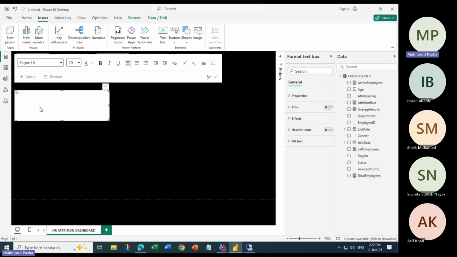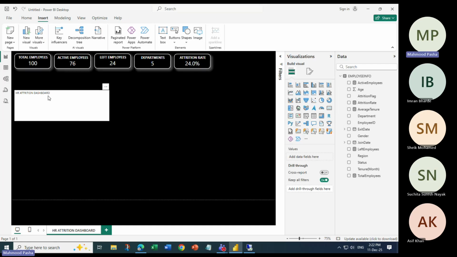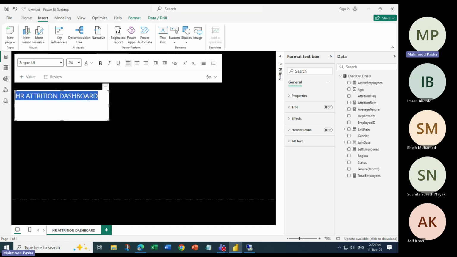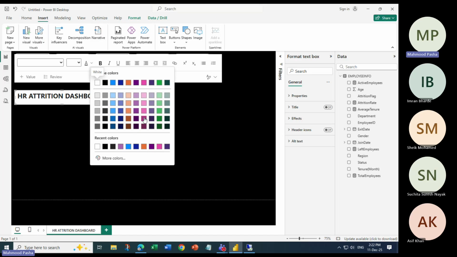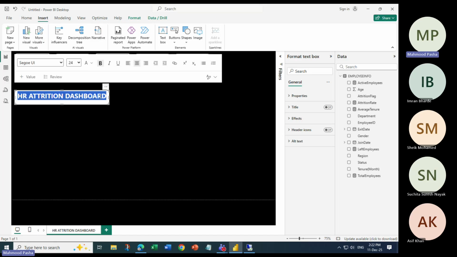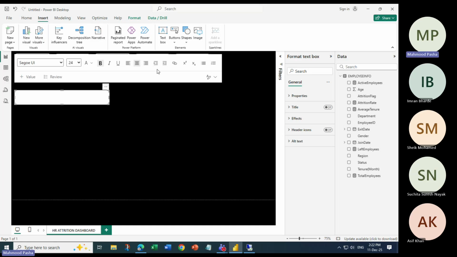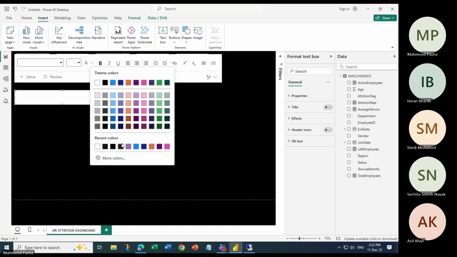And you will type here HR attrition dashboard and select this text and just make it a good size. Okay. Then center align and make it bold. You can apply some color to the text. Let me take which color. Okay, I'll take white only. And in the background color, I want to apply